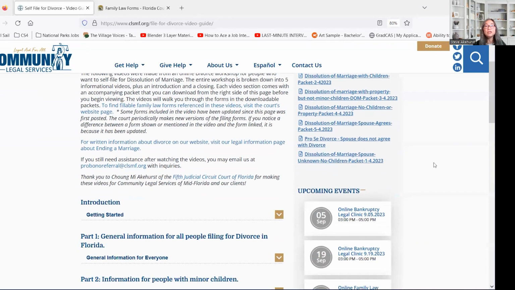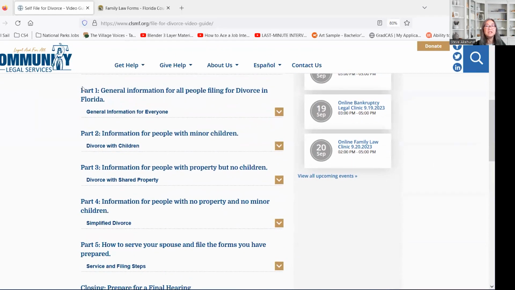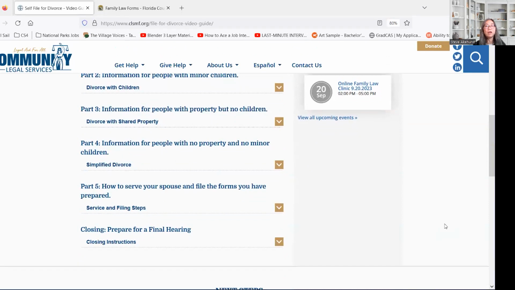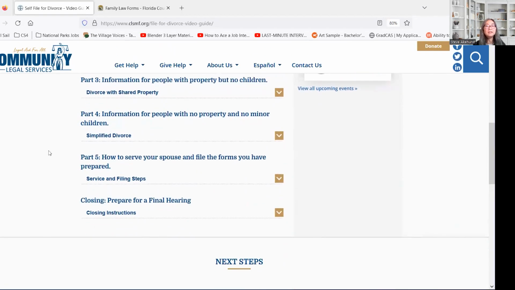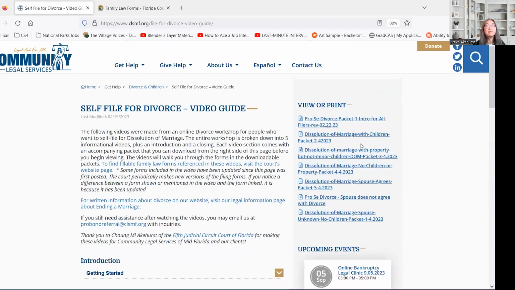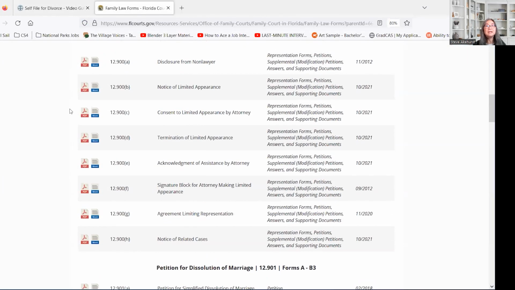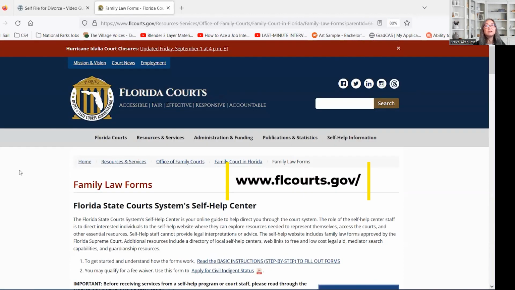If you go through each of the sections, it will provide you information on each section, and each section has videos for you to review. So if you have any questions, you could follow the video. And in the end, it talks to you about how to serve the form. Another resource, as I mentioned, is the family law forms through the Florida Courts website. These are all the forms that are available, and the website is called